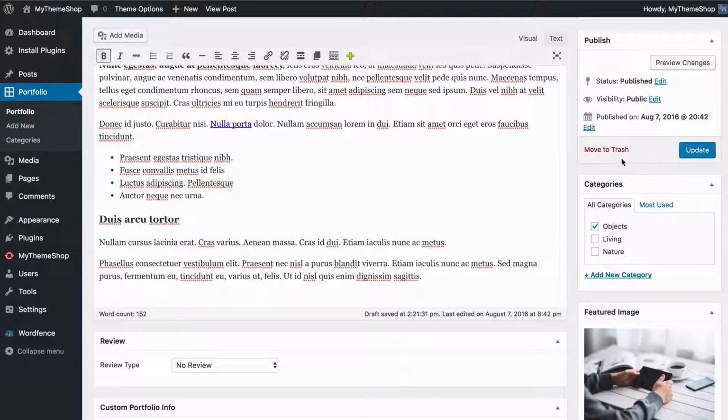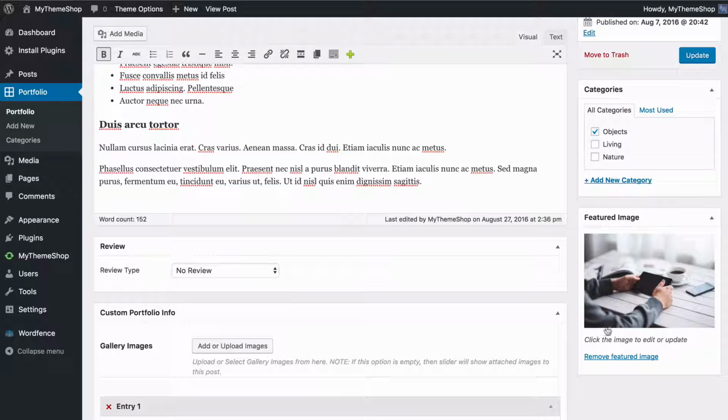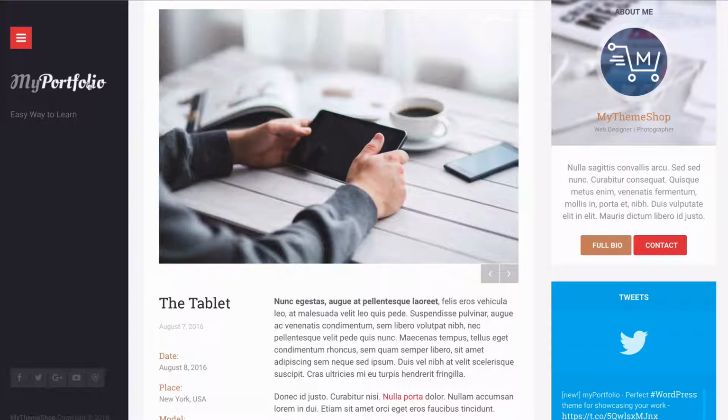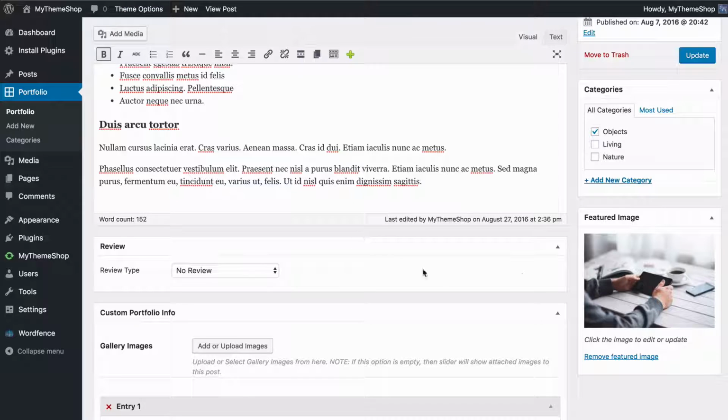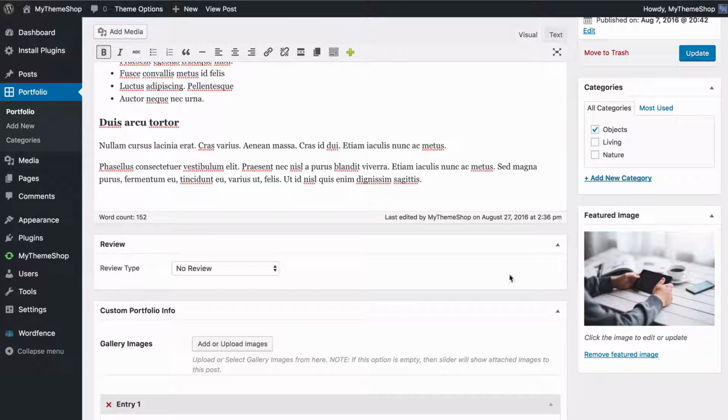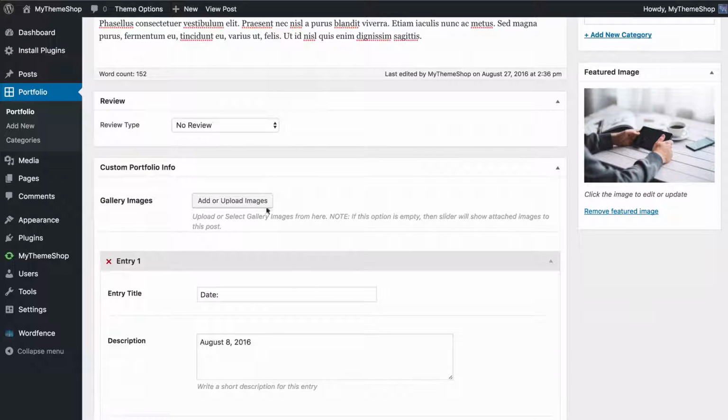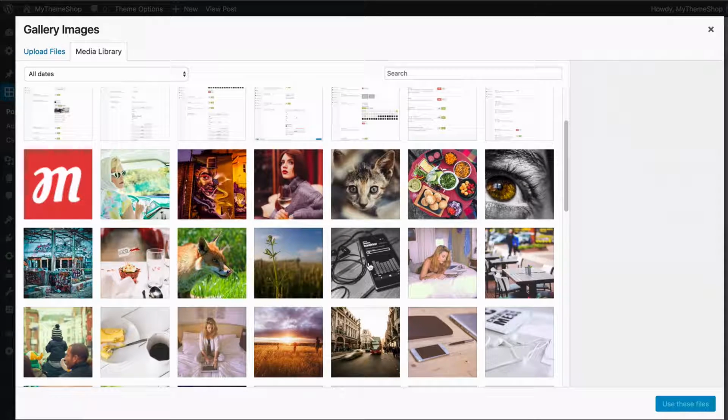You can also choose category and add in a featured image here. So you can just select a featured image to display both across the top of your post and on the homepage of your site. And you'll also see that this is a slider here. And to use this, you can just head back to your post editor. And then you can choose under custom portfolio info, you can use the WordPress media library to select images here